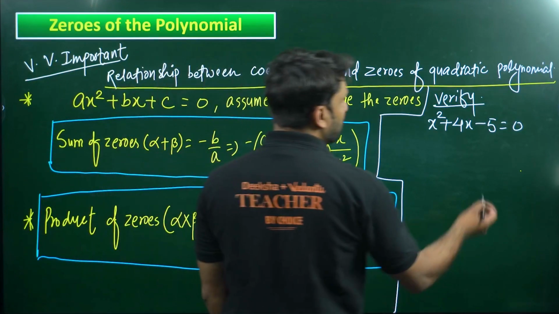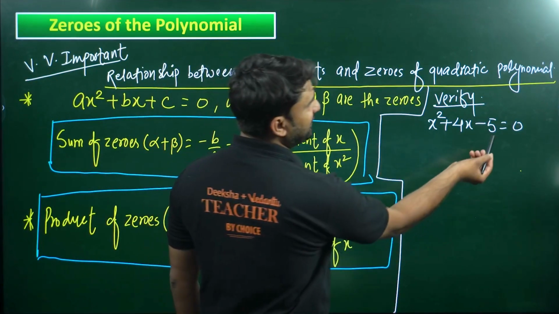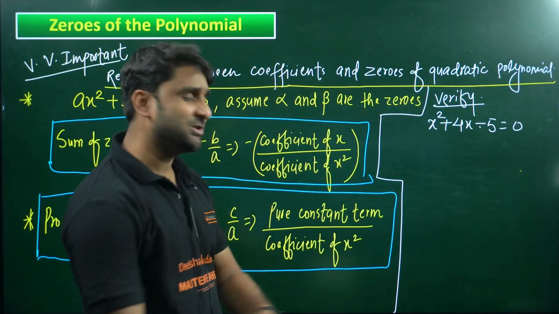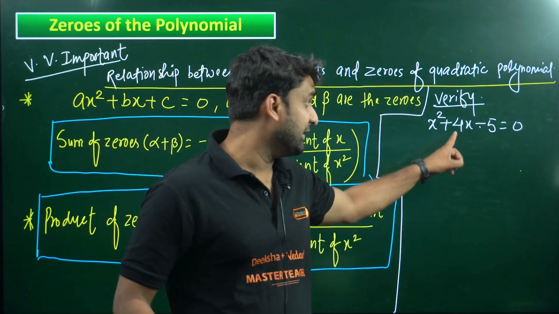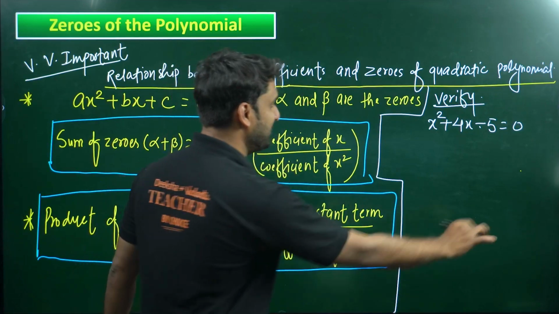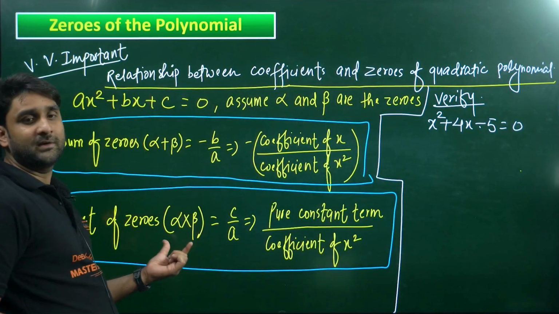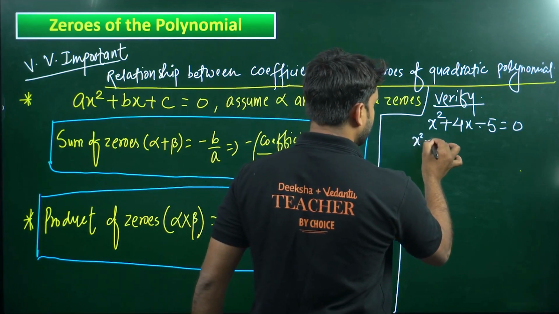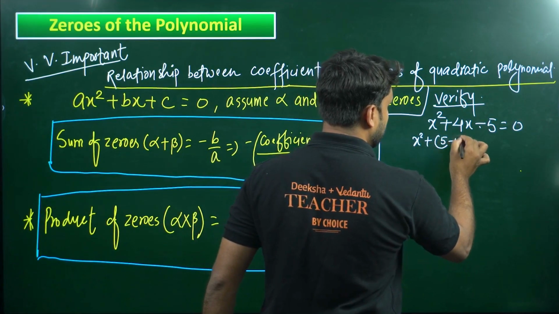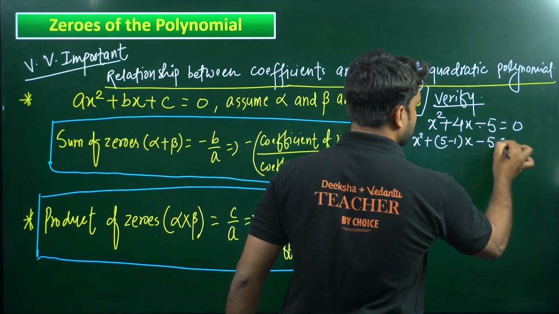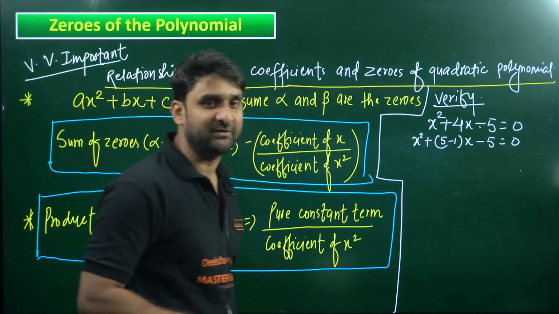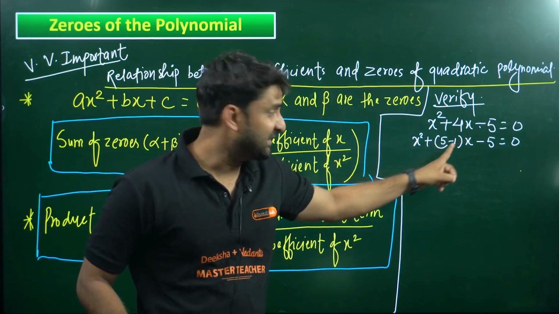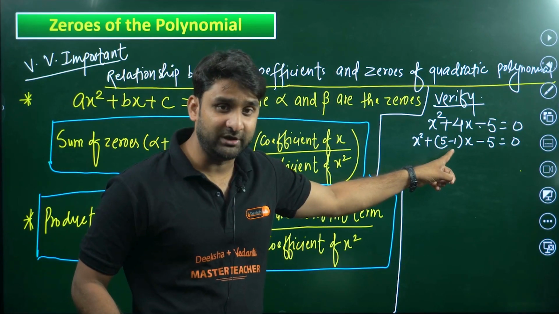So please do the middle term splitting method. 5 times 1 is 5, and this is a subtraction sign. So 5 minus 1 will give you the middle value, which is 4. So we can apply the middle term splitting method to find alpha and beta, because alpha and beta are the zeros. So x square plus 4x can be written with 5 minus 1. Why am I taking minus? Because the last sign decides